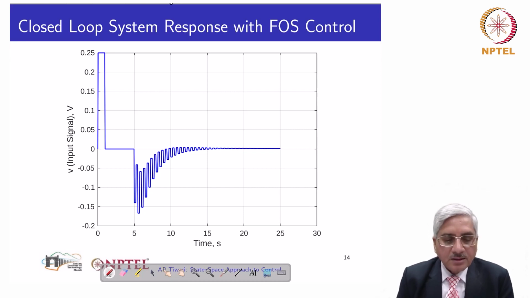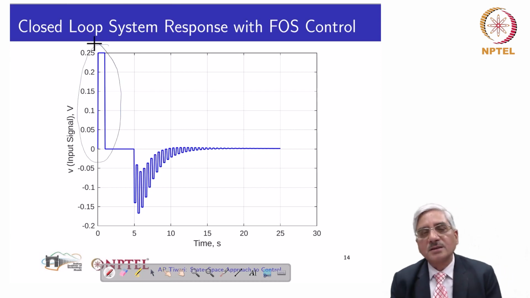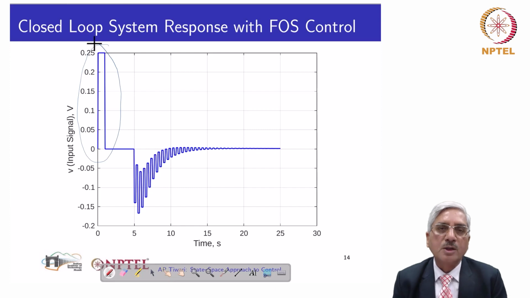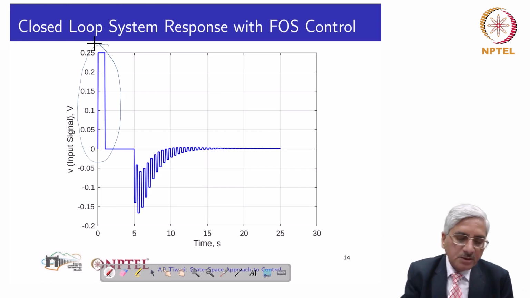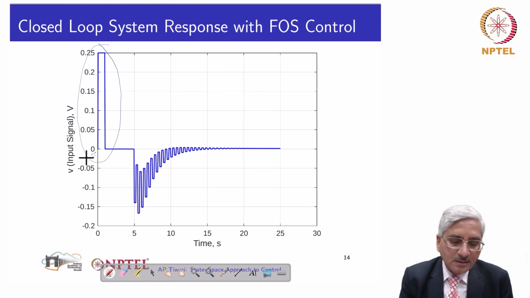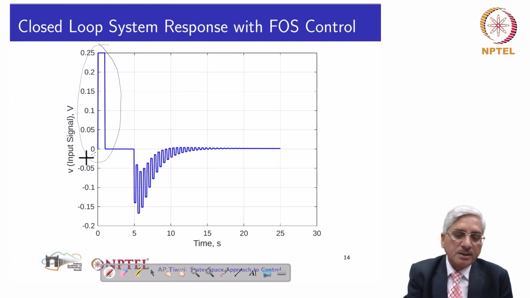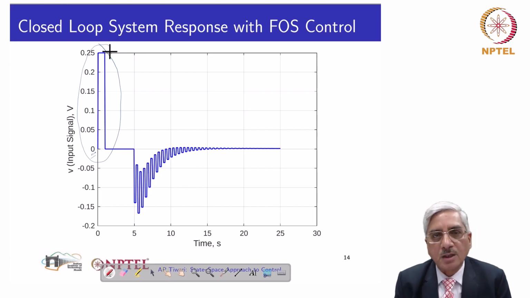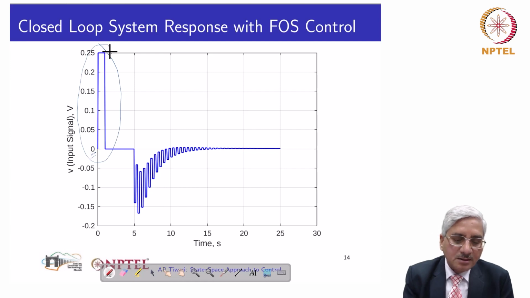When we consider the same transient which we have considered in the other cases, for the case of output feedback, simple output feedback design, or for the periodic output feedback design, the same disturbance we consider. The system was at equilibrium at t equal to 0. Then a disturbance voltage is applied at the input terminals, which is of magnitude 0.25 volts or 250 millivolts. It is kept applied for 1 second. Thereafter it is dropped to 0,